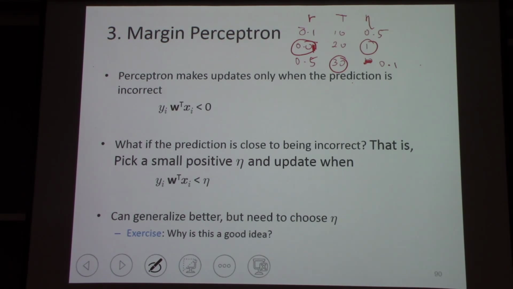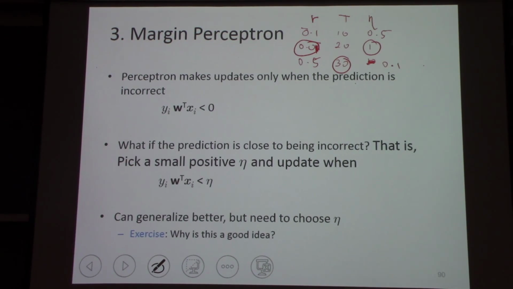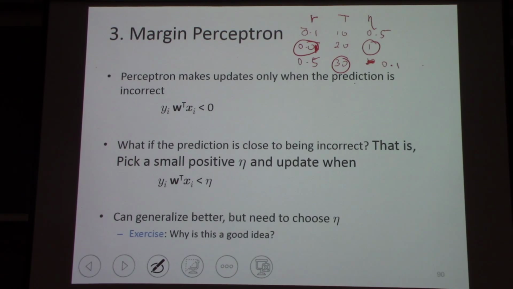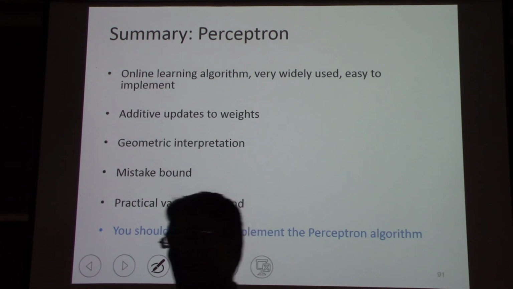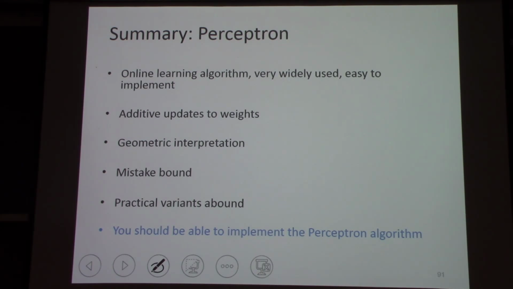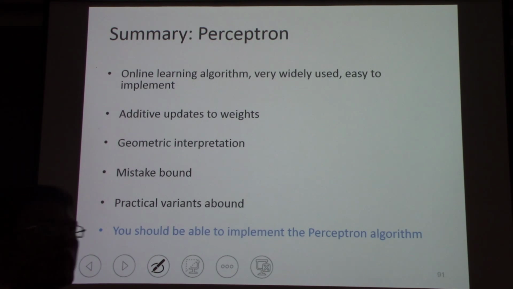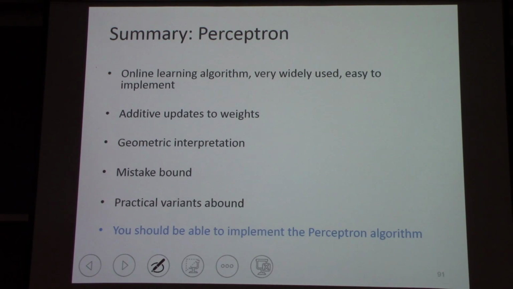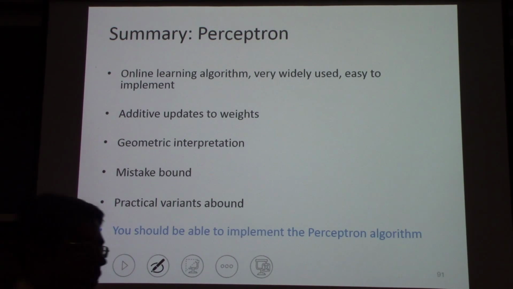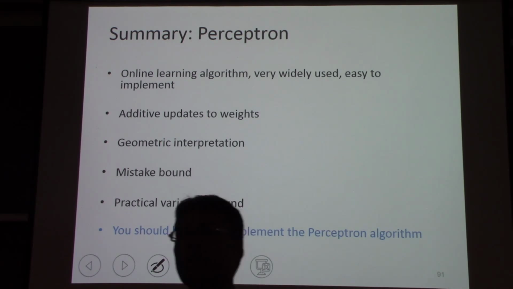Okay, so I think we've come to the end of the rather long and extended discussion on the perceptron algorithm. So let me very quickly summarize where we are. Even though it's called Summary of Perceptron, I want to also summarize the idea of online learning, because we're going to continue on that thread a little. Online learning is this game where your classifier gets to see one example at a time, and based on whether or not it makes a mistake, it gets to update the classifier, update the hypothesis. The Perceptron algorithm is probably the most dominant online learning algorithm, perhaps the oldest of this family,